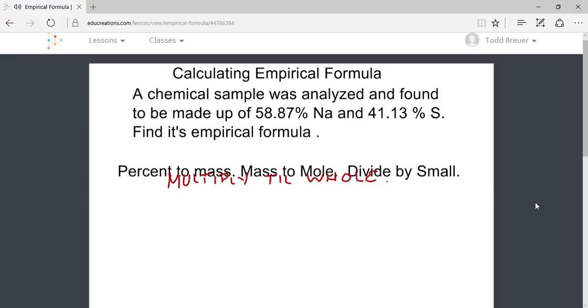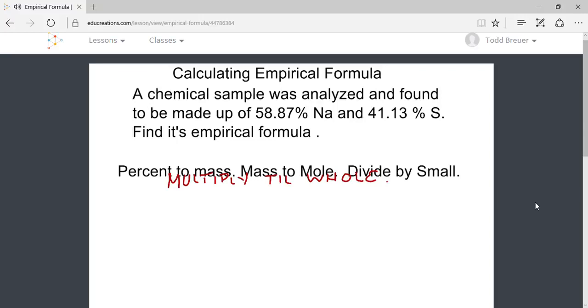In this lesson, we're going to take a look at how to calculate the empirical formula from analytical data. We call the empirical formula the simplest whole number ratio of atoms or ions that make up a chemical. There's a simple rhyme that sometimes works. It's easier to remember. The rhyme sounds like percent to mass, mass to mole, divide by small, multiply to a